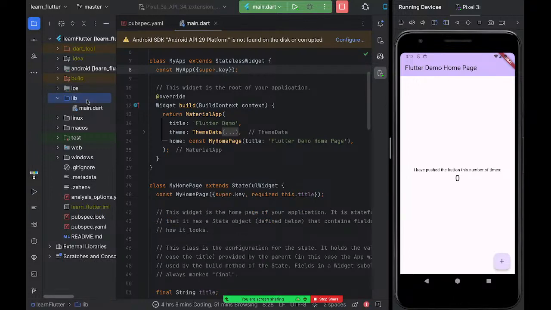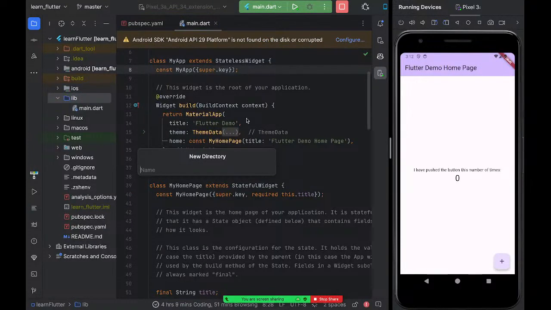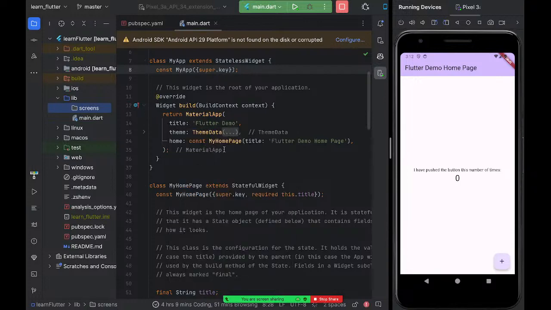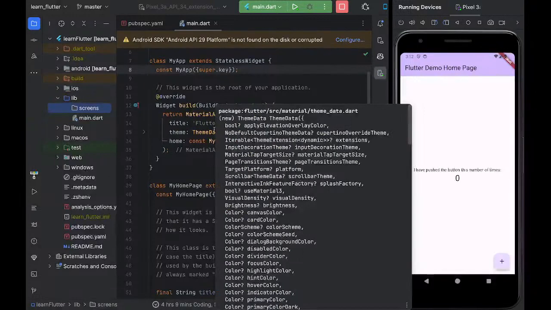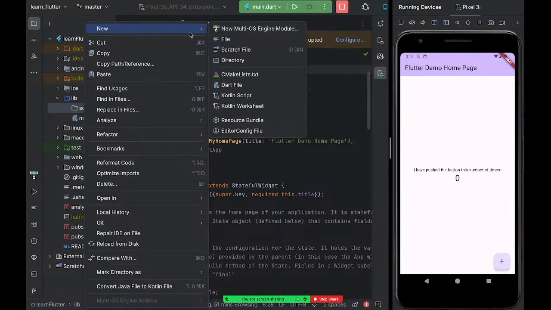So I'm going to come here to our lib folder and then right click and say new directory. This is just a folder, directory means folder, you all know that. So I'm going to create a folder called screens. So this screens directory is where we are going to put our different screens, homepage screen, etc. All right. So let me go ahead and put there our first screen that we're going to call the homepage or home screen. So I'll come to these screens and then right click and say new